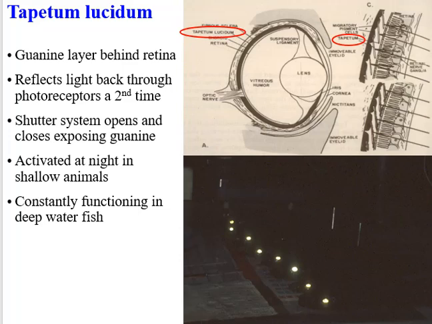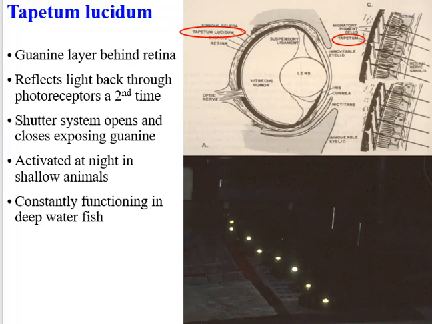It reflects that light. I was on a cruise one time and I had all these deep sea sharks, and I'm not always that good of a photographer, but I took a picture of all these sharks lined up on this table, and the flash didn't go off. So I show people this picture now, and I say I did this on purpose to show their eye shine, because these are deep sea sharks with this tapetum lucidum. It shows what you see, same thing with the raccoons or alligators at night out in the Florida Everglades. You can see their eyes all lit up like this, or your cat.